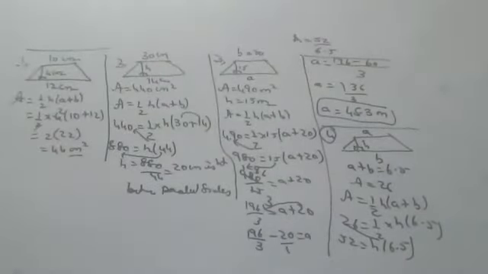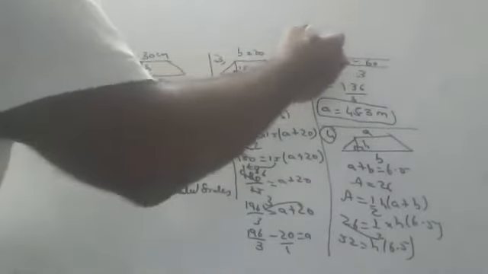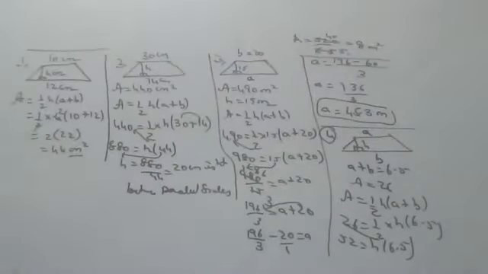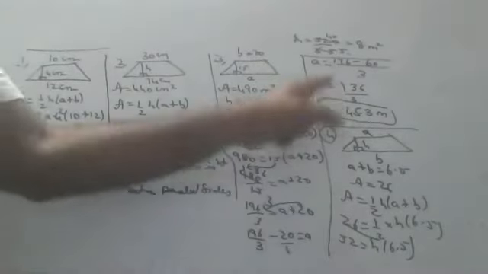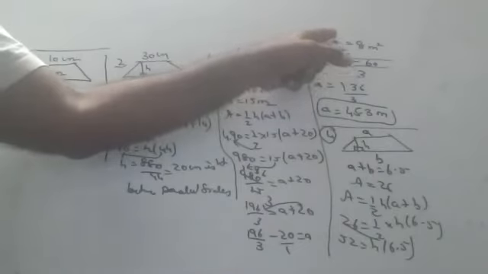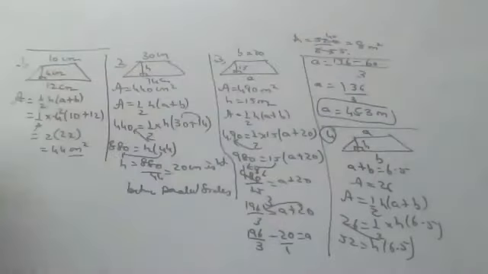Excuse me, sir, can I say the answer? No problem. 13 5s are 65, 13 4s are 52, 4 0 is there, 40. 40 by 5 means 8 meters square is the answer. Okay, children, with the 13 table I solved it. Like that you have to do. I hope you people are able to understand.